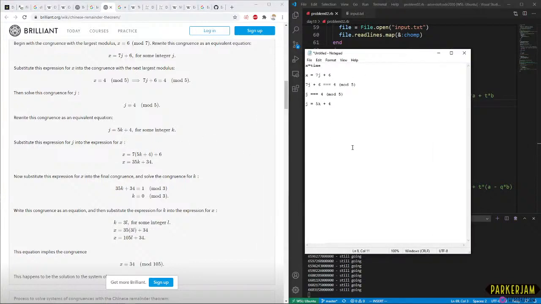Okay. So we already know that we're going back to our x equals 7j plus 6, so that means 7 times (5k plus 4).